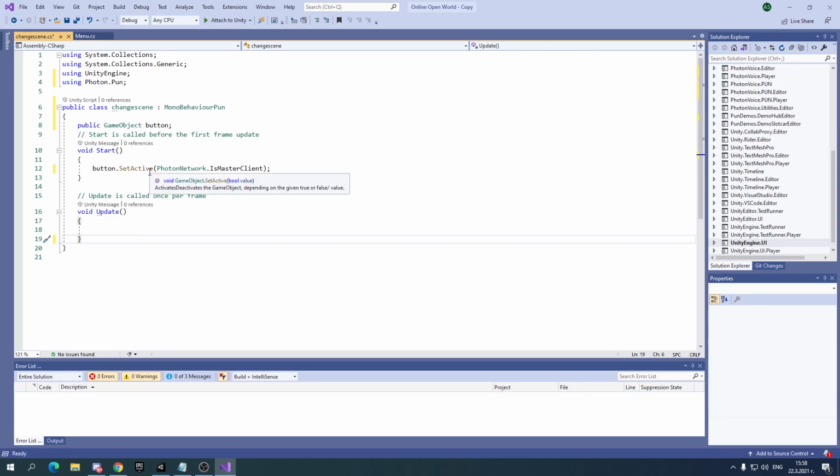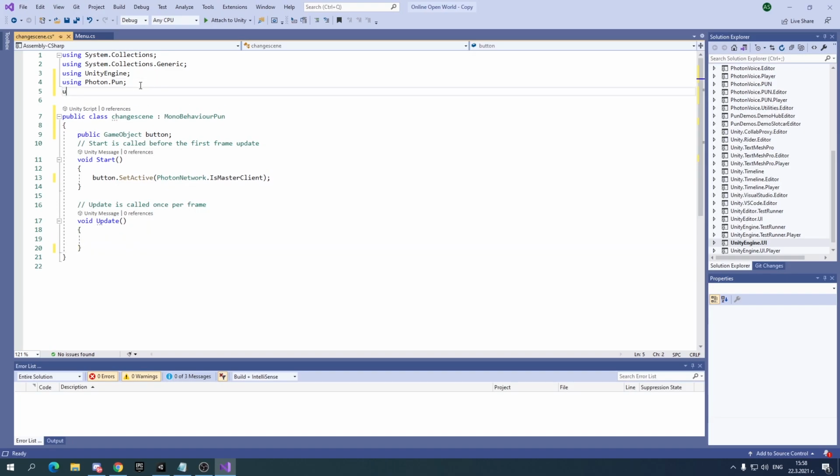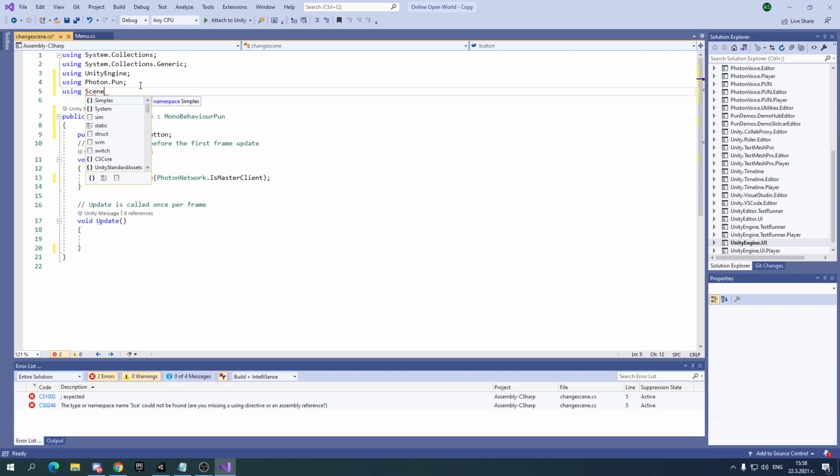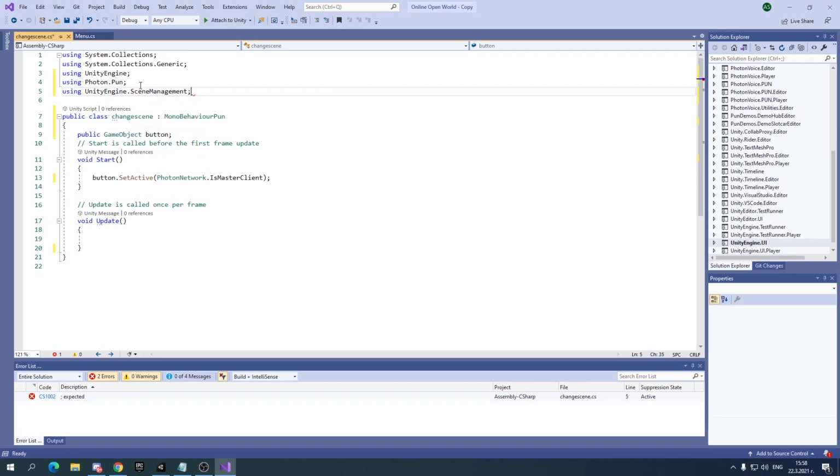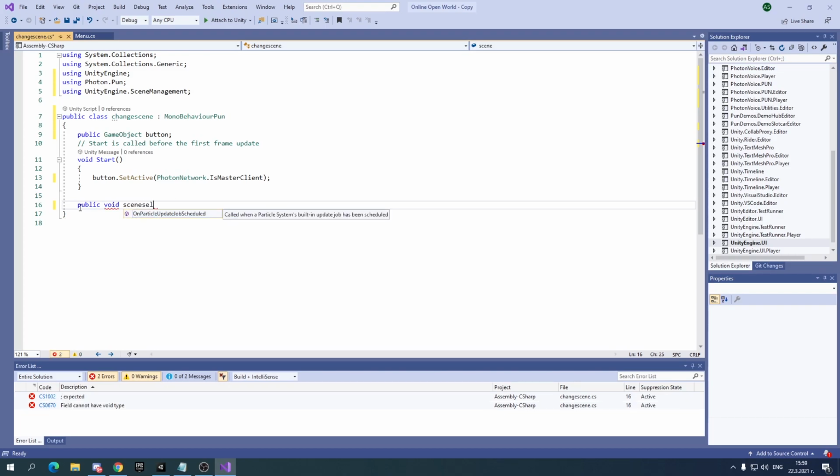So when I do that, I will now be just using the scene Unity engine dot scene management, and on a new void, public void scene select,